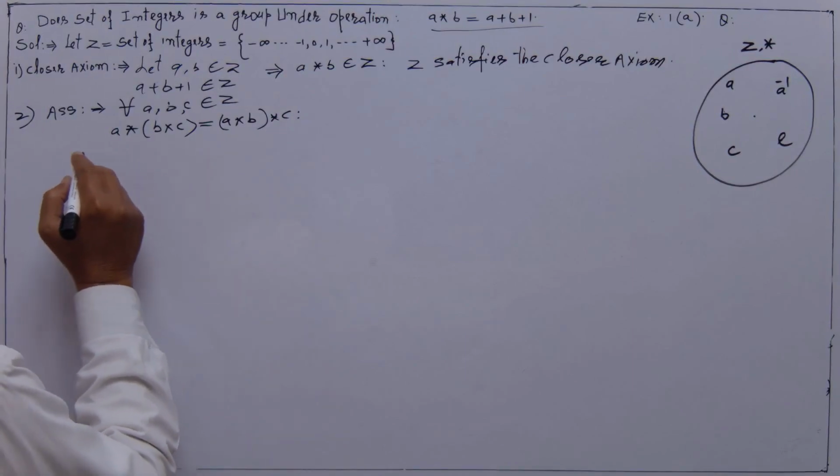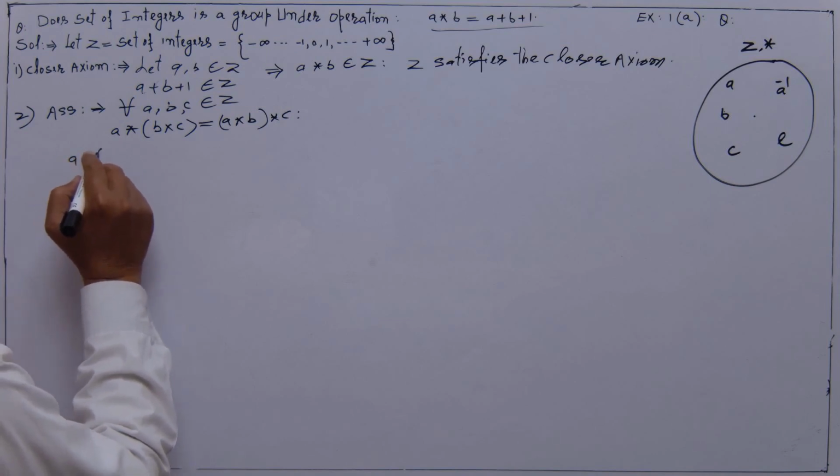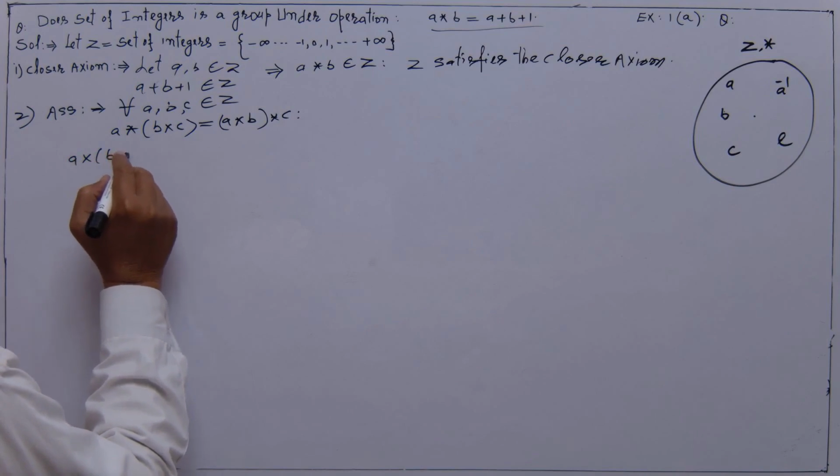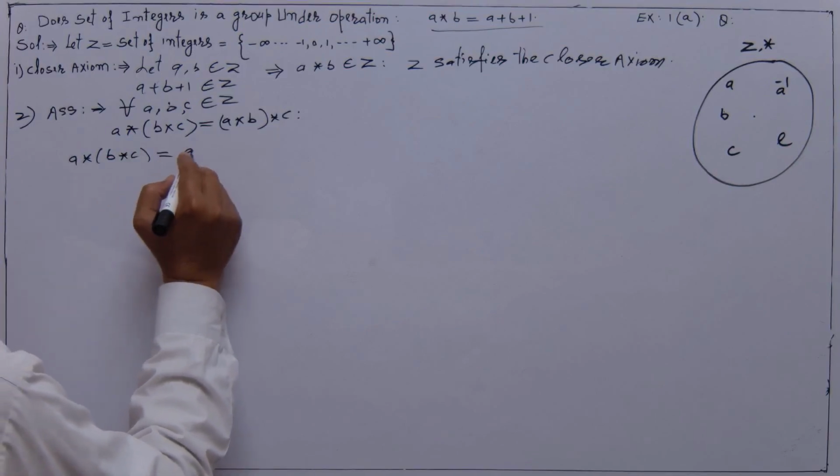So let us take A star (B star C). This will be equal to A